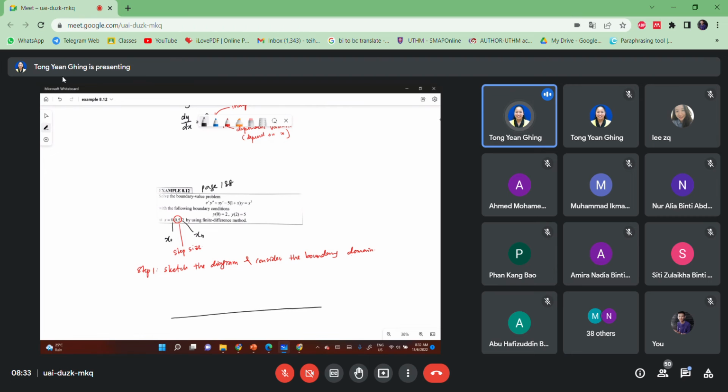So let's say this one, we start with x naught. So start from 0. So 0 is x naught, and then until 2. Let's see, we do this one first. Step size 0.5, so this one is 0.5. This one is x1. 1.0 is x2. 1.5 is x3. So the next one is 2.0. This is x4.